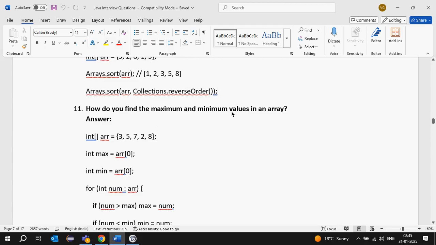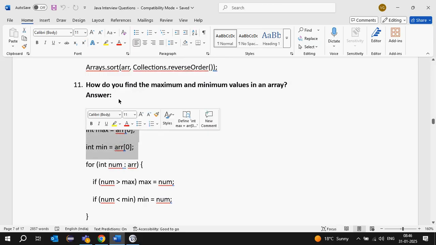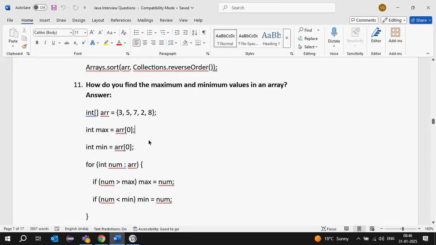How do you find the maximum and the minimum values in an array? One more interesting question we can expect. Suppose they give one array and ask to find the minimum and the max. First, we take min value and max value, both pointed to the first index, the 0th index. Initially both max and min are pointed to 0.